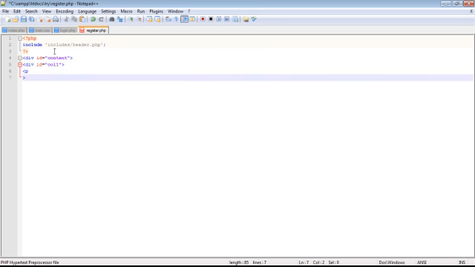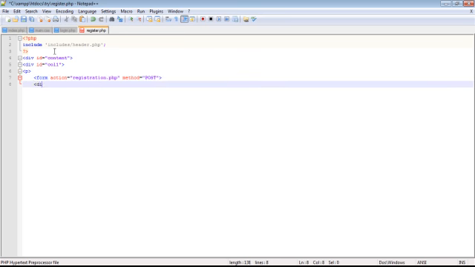And create a paragraph, and this will be the form, action is equal to registration.php, then method is equal to post, then close this markup, then create another div id for register,